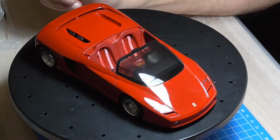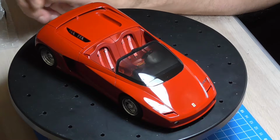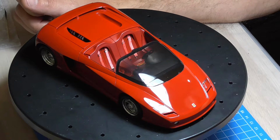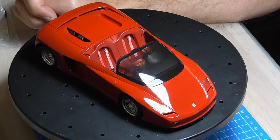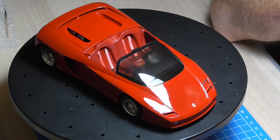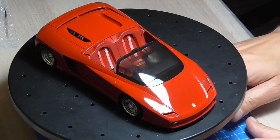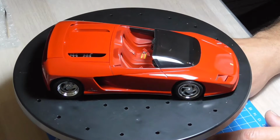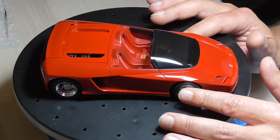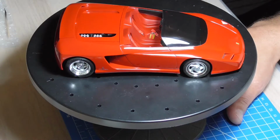So, final review of the Ferrari Mythos, and I was expecting it to be a lot easier than it was. Maybe in the future I'll take consideration before accepting the age of the kit, but I will get there in just a moment. For now, I've talked to you throughout the videos about the problems that I encountered, and one of them was the